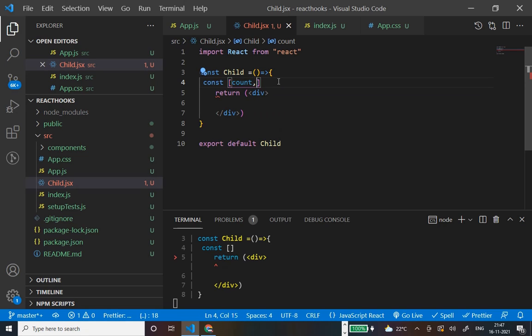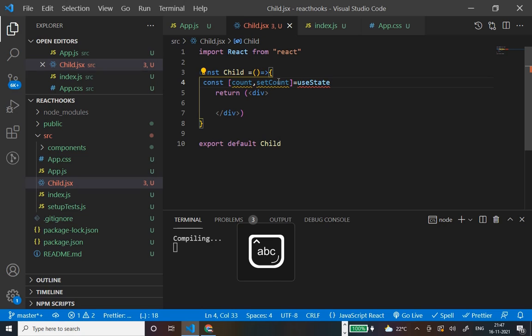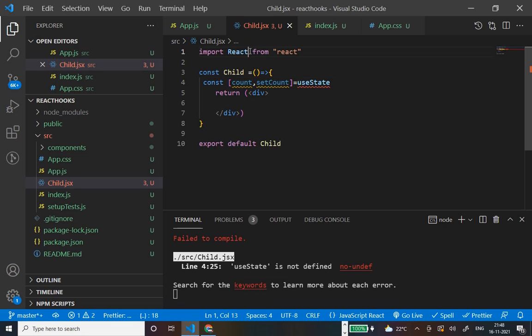So count and setCount. I hope you all know about this hooks concept. I'm using the useState hook, so we'll import our useState here.